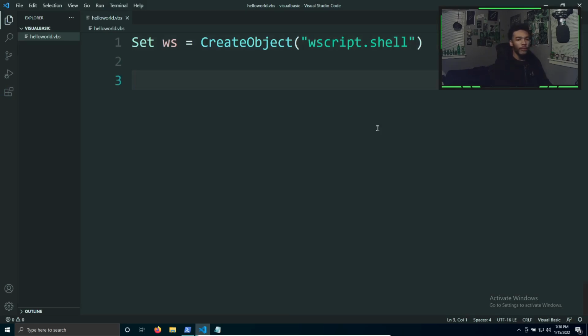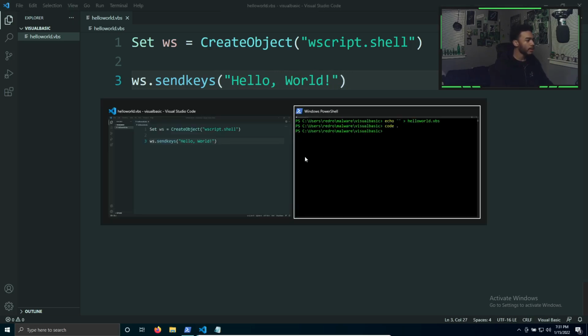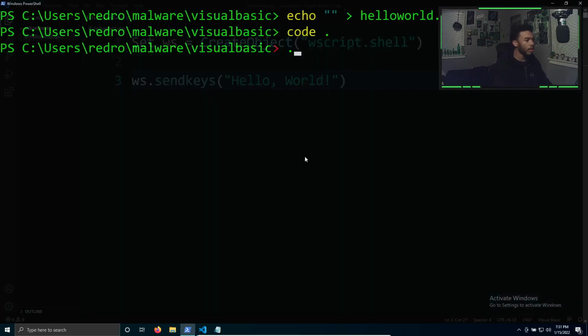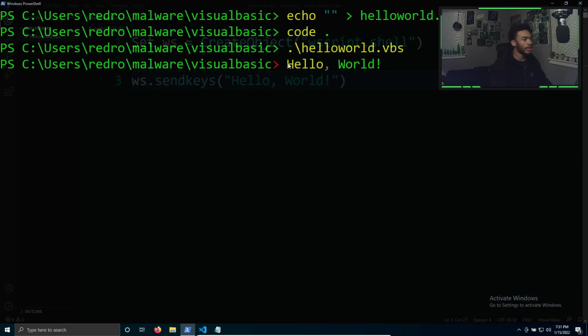So now that we have that ws set, let's go ahead and start sending keys. The first thing we can do is a simple ws.SendKeys. We're basically accessing this method of the wscript shell. And what we're going to do here is simply type out a string of "hello world!" The basic command. So if we go ahead and run our hello world.vbs, when we run it, you'll see it